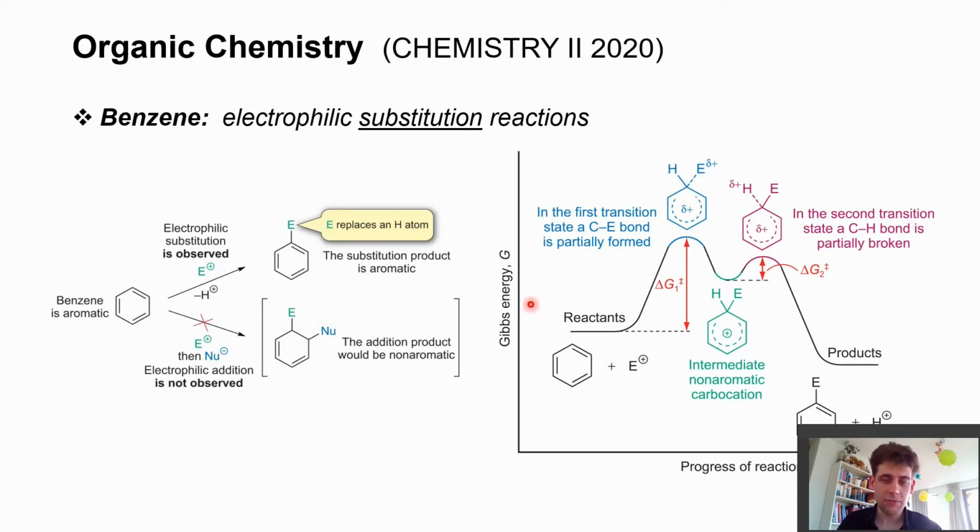And here on the right hand side you see the energy scheme for the reaction. We have here our benzene molecule. It interacts with an electrophile here, and in the first place our electrophile approaches our benzene molecule from either side. It wants to interact with the pi electron density above and below the ring plane. It approaches our ring, and then it forms this intermediate non-aromatic carbocation, where slowly one of the pi bonds